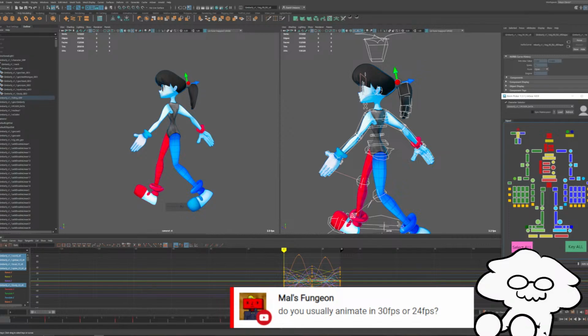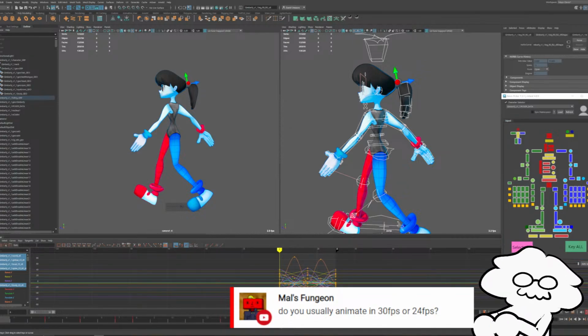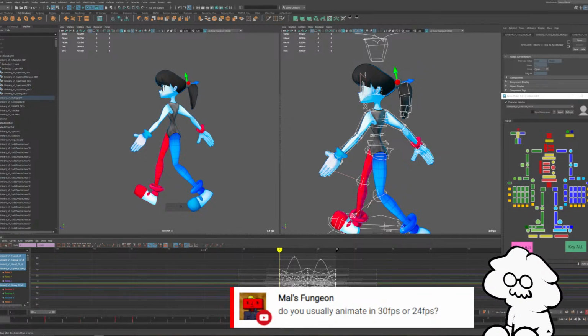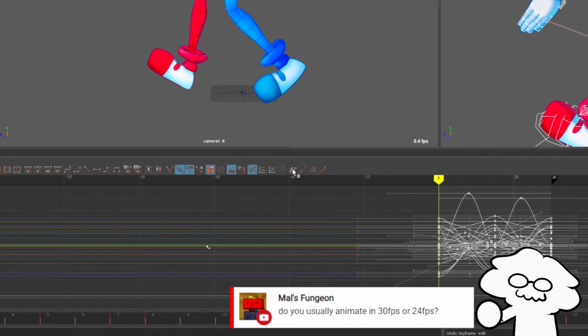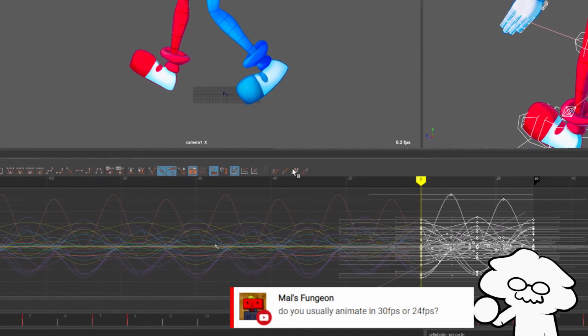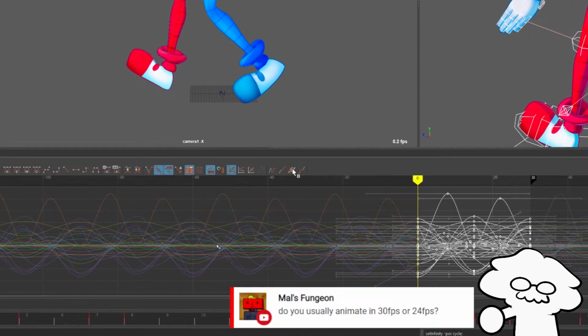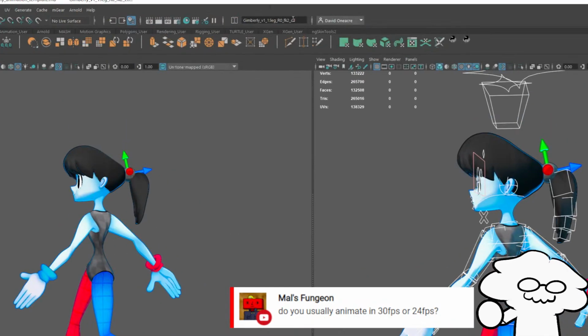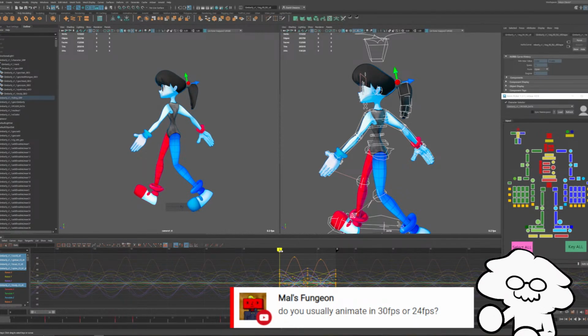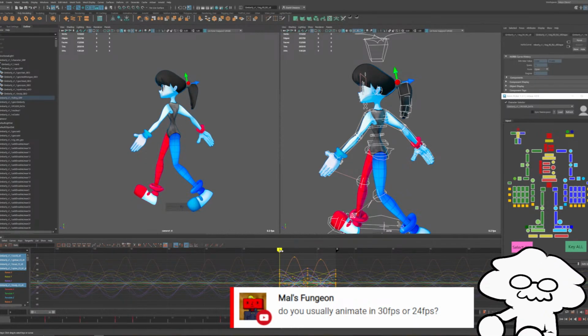So I'm going to select all my controls, and this will be different depending on what animation program you're in. But I will select all of my keys, and in Maya at least, you can do it one of two ways. You can loop it with pre-infinity cycle like that, and post-infinity cycle like that. There's probably a specific way to do it in Blender. But generally what you want is that it just loops infinitely forever.